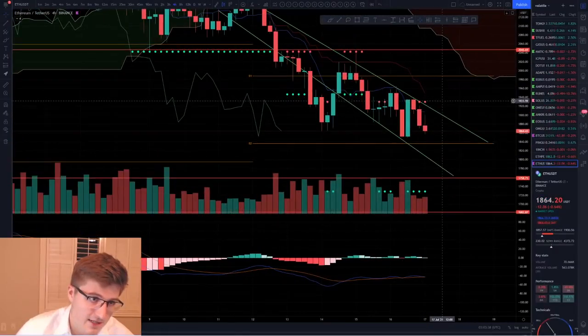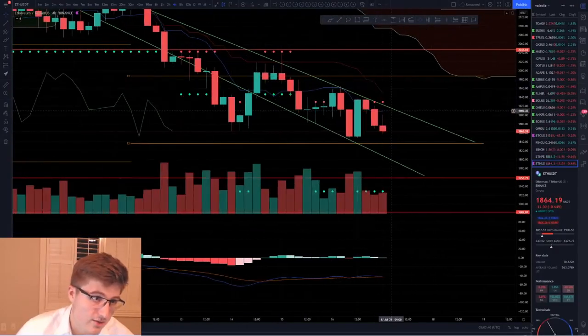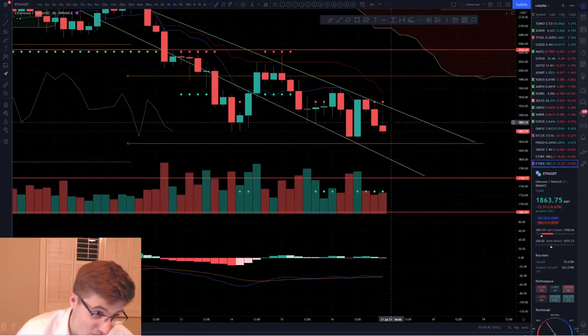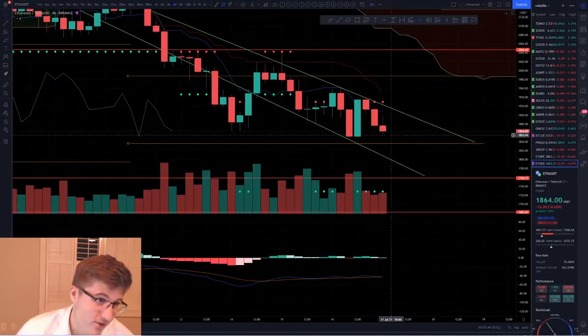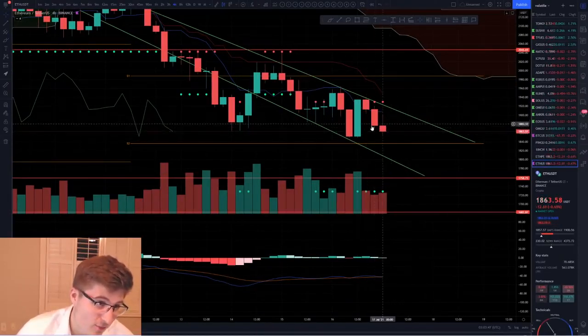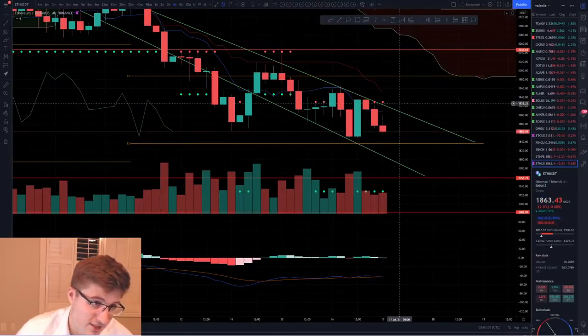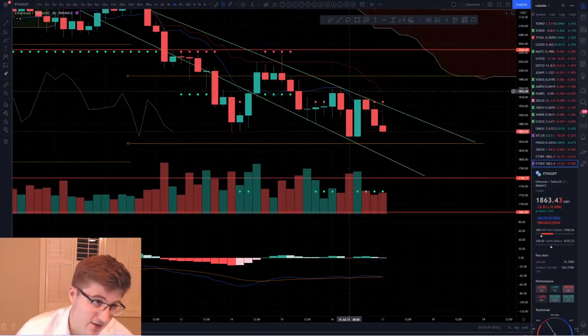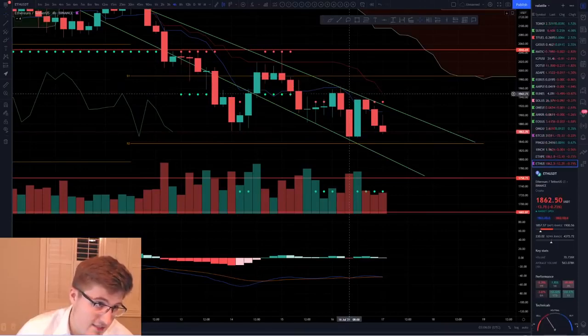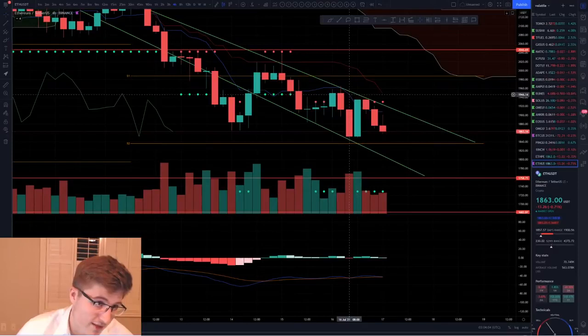Let's see to the upside, right? We want to see the trend reverse. We are seeing a higher low right here. But on the 4-hour, it might take a few more candles, because we want to see at least two more candles to really consider it. I want to see a nice higher high. I want to see it break above 1950 to around 1966, at least above this support level, and then hold.